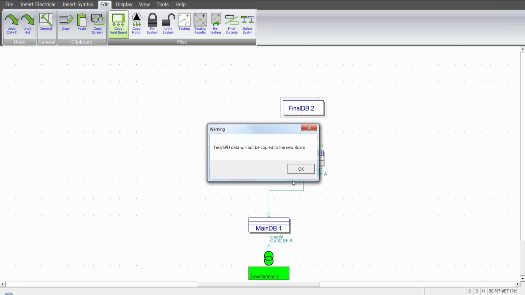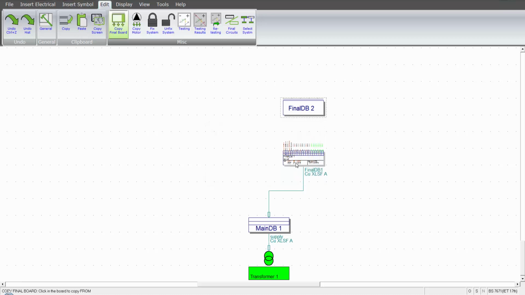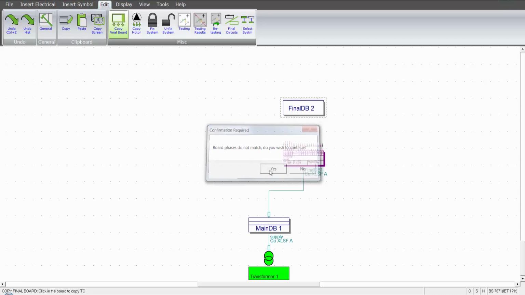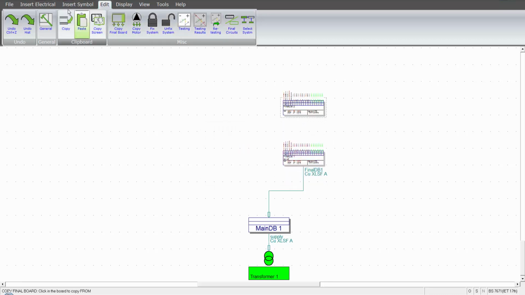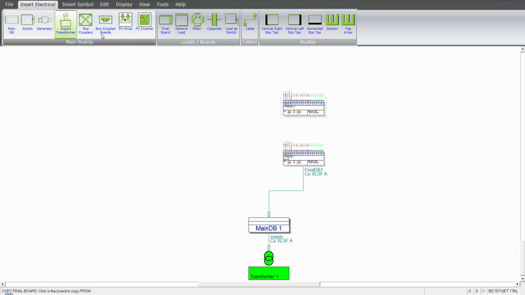This message appears along the lines that if there's any commission data associated with the board, it wouldn't be copied across, because obviously cable lengths will be different, fault levels, etc. So no data will be copied. What we then do, we click once on Final DB1, we click once on Final DB2, and then what we would do is interconnect our cable,